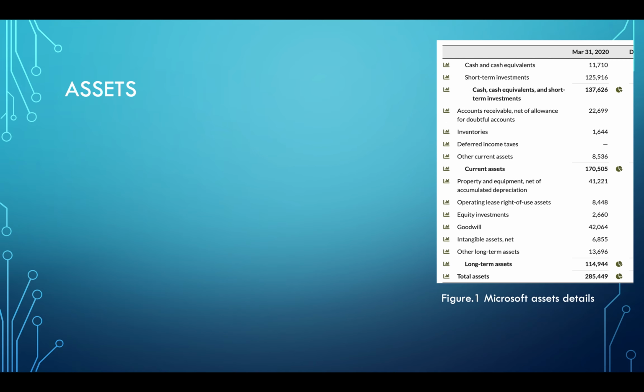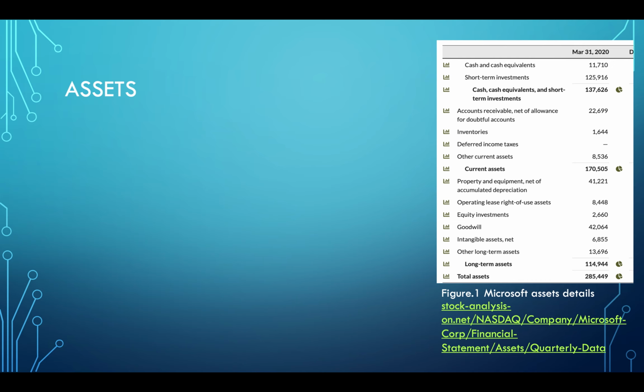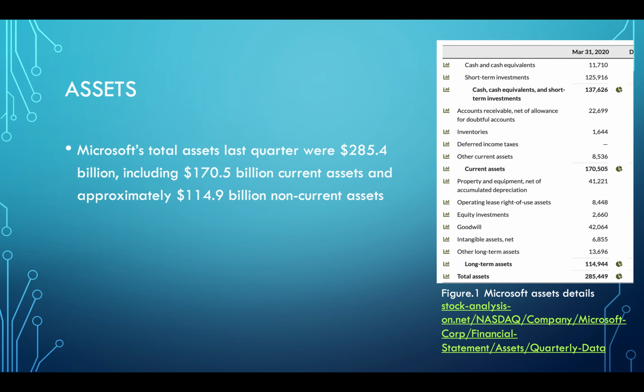Actually, this picture shows the last quarters, which are up to March 31st, 2020. It shows the Microsoft assets details, which includes current assets, long-term assets, and total assets. Microsoft total assets for last quarter were $285.4 billion, including about $117.5 billion current assets, and also approximately